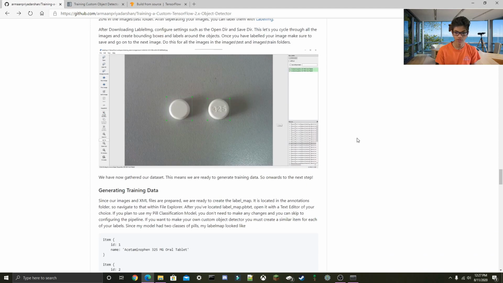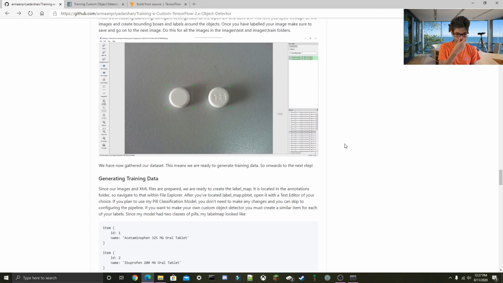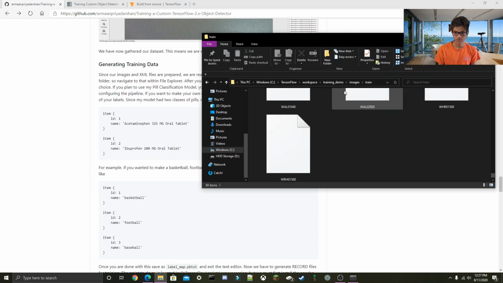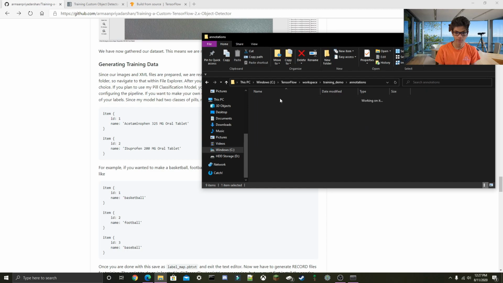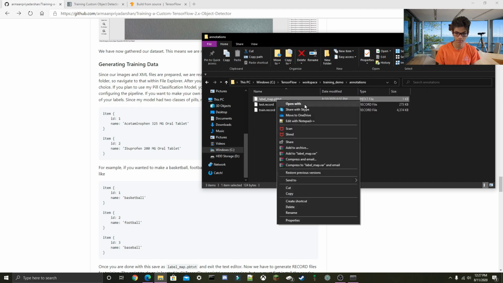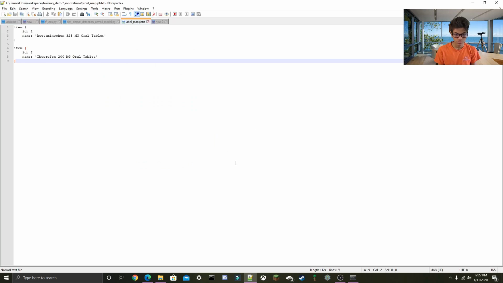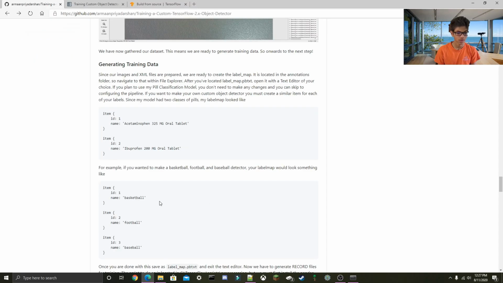So after you've labeled your dataset, you have to generate training data. So first we're going to prepare our label map, which is located in training demo/annotations/label_map.pbtxt. So here we have the label map. We're going to want to add a similar structure for each item. So if you're using a basketball, baseball, and football detector, you're going to want to use 3 of these items with IDs 1, 2, and 3,